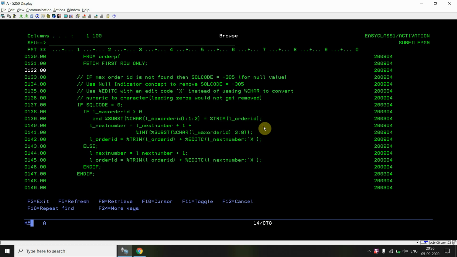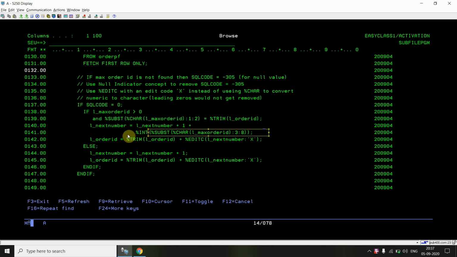So we need the next 8 values, which is, for example, 00000025. We get 00000025 from this by the substring.